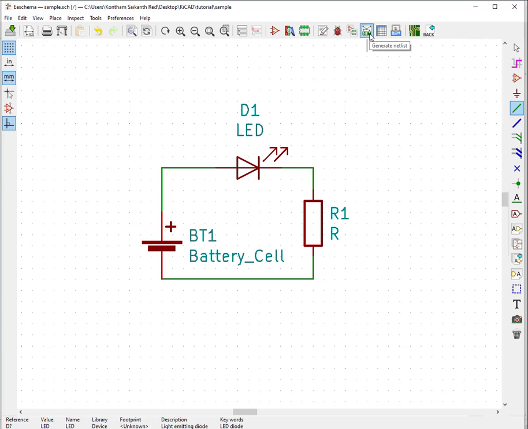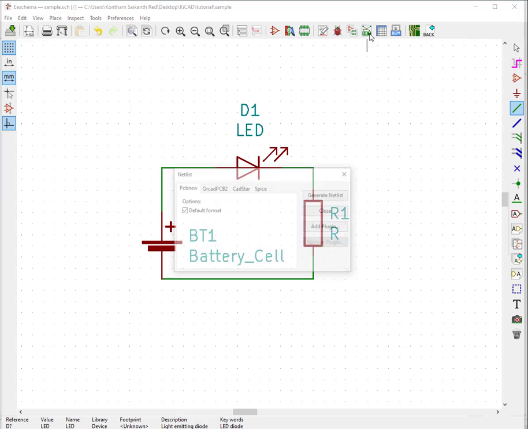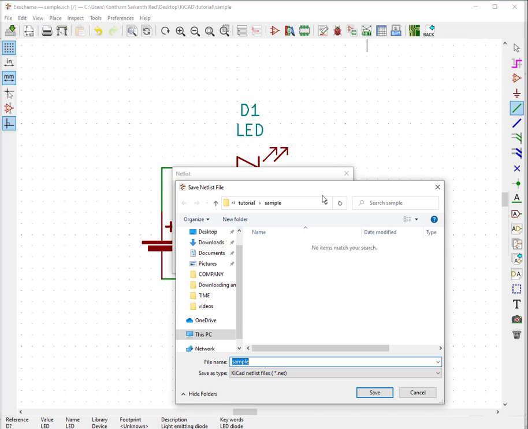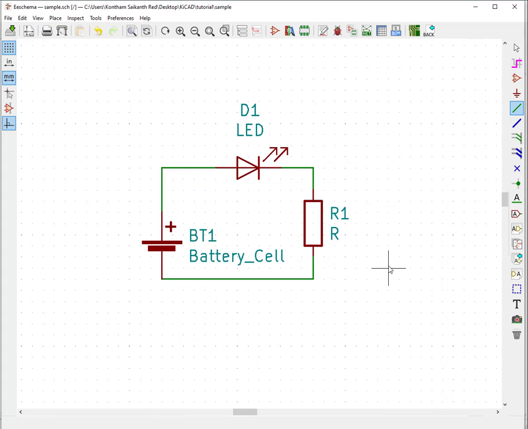So for that, just click on netlist, generate netlist here, and for KiCad software we can go for PCB new, or if you go for OrCAD or CADStar or Spice, anything else, you can go for them. And for the default you can go into the PCB new and just click on generate netlist. A pop-up window will be opened for you where your project has been saved. Just save there itself and click on save.